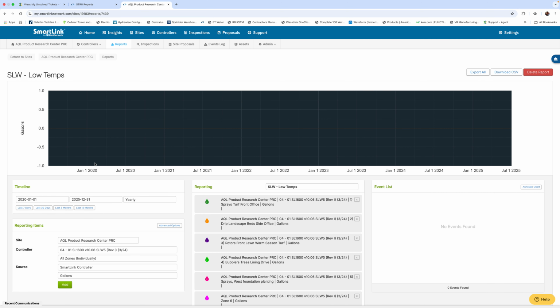And we'll get this uploaded here. Now, as you can see, we have no flow. So historically, this system more than likely has never had flow, even though it looks like a flow system has been set up. So that's just one way you can take a look and verify whether or not the system has flow. If it does in fact have a master valve and flow sensor installed and you've never seen any information,